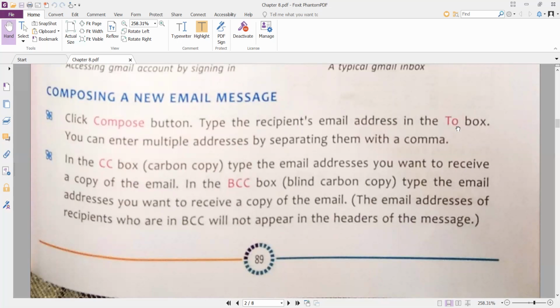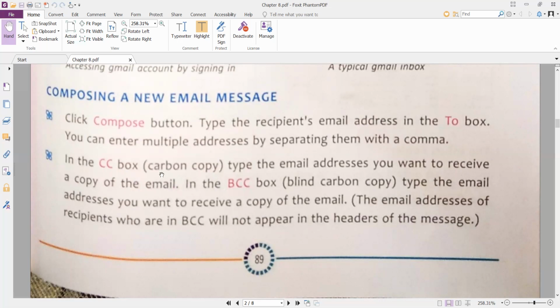In the To box, you have to type the recipient's email address. And if you want, in the same box, you can enter multiple addresses also. But you have to separate those addresses with a comma. Then there will be two more boxes, the CC box, whose full form is carbon copy, and the BCC box, blind carbon copy.